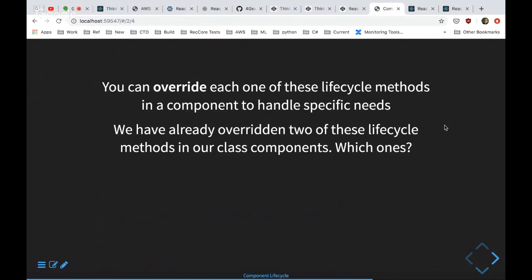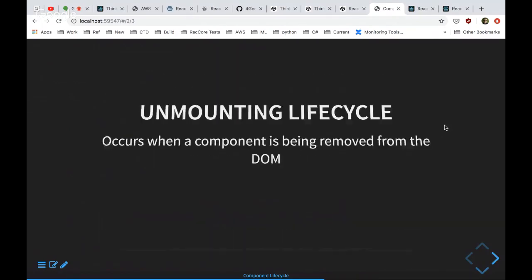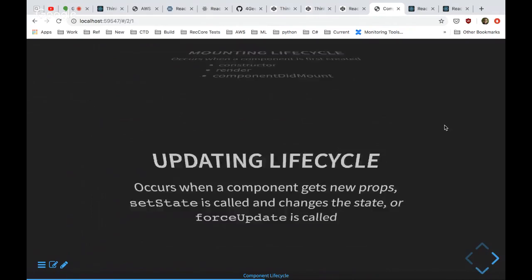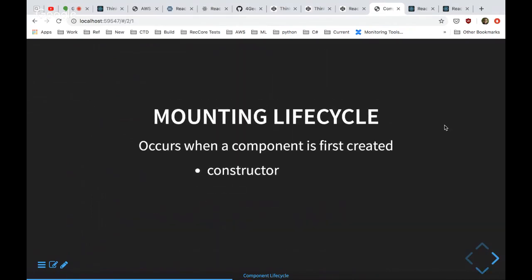Yeah, we did. timesClicked was when we overrode one of these, but it's not necessarily one of the lifecycle methods I mentioned. So let's go back and look at these for a second. These are the lifecycle methods that we have. Which ones have we already overridden at some point in our code? There's the constructor method, render, componentDidMount.